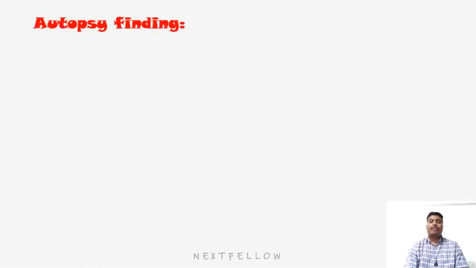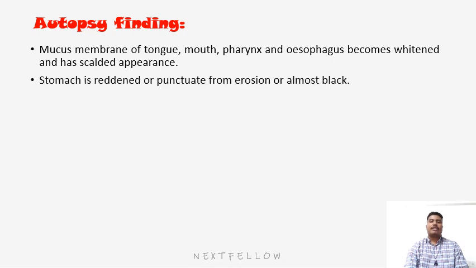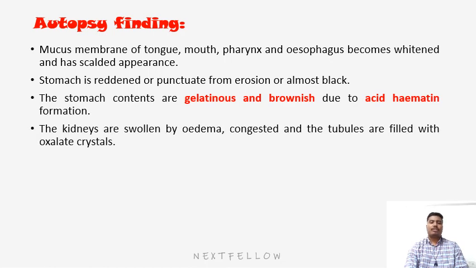Now, autopsy findings of oxalic acid poisoning. Mucous membrane of tongue, mouth, pharynx and esophagus become whitened and have a scalded appearance. Stomach is reddened and punctate from erosion, or almost black. Stomach contents are gelatinous and brownish due to acid hematin formation. The kidneys are swollen by edema, congested, and tubules are filled with oxalate crystals. All other organs are